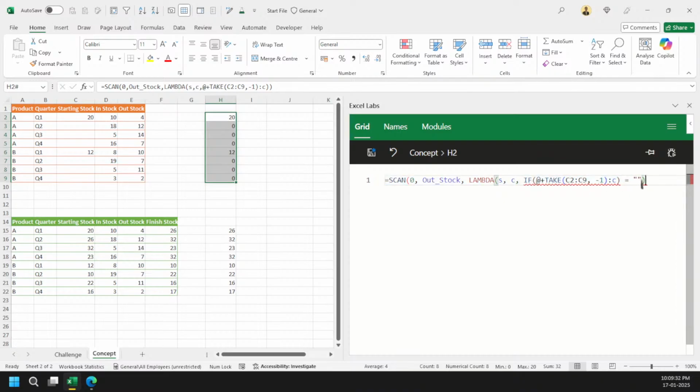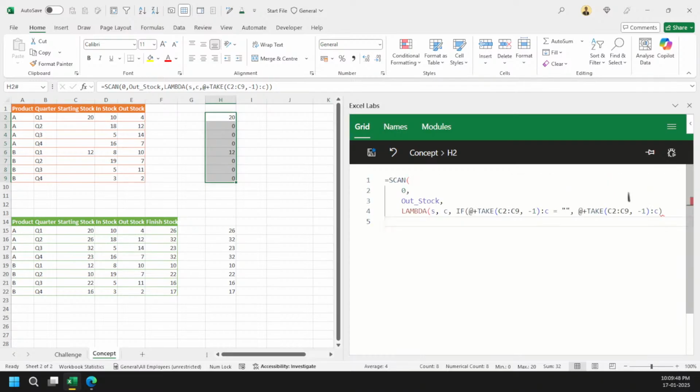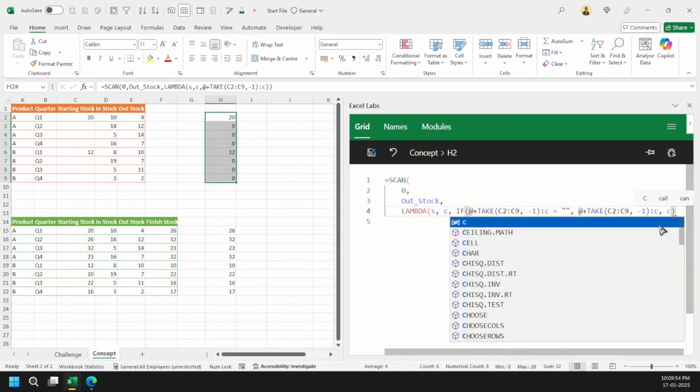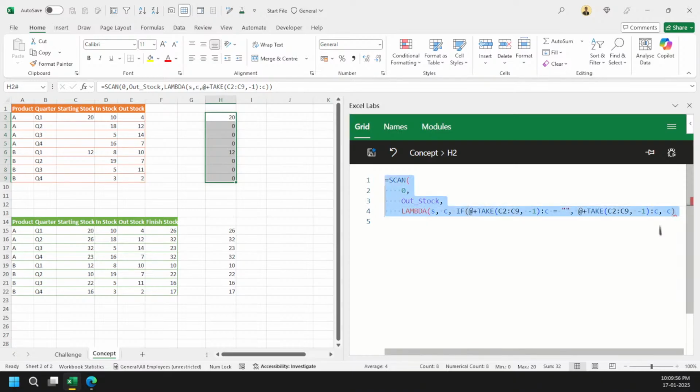If my starting stock is equal to 0, then give me a 0, at least now it will look good. Or otherwise, give me the C value here. Got it?